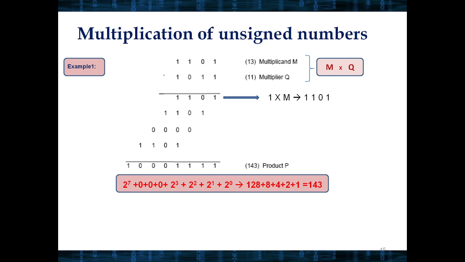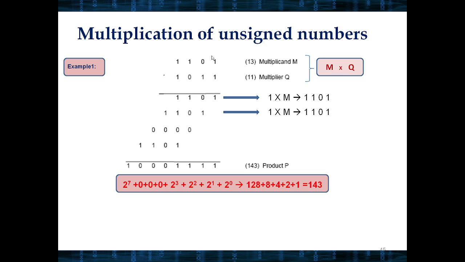We write the same multiplicand as a partial product. Then the next bit in the multiplier, that is Q1, is also 1. So 1 into M gives the same multiplicand, but we need to shift one position to the